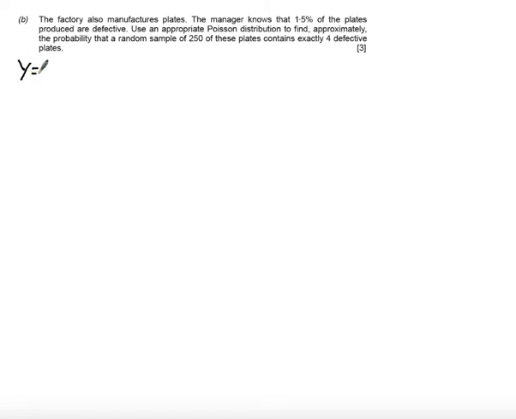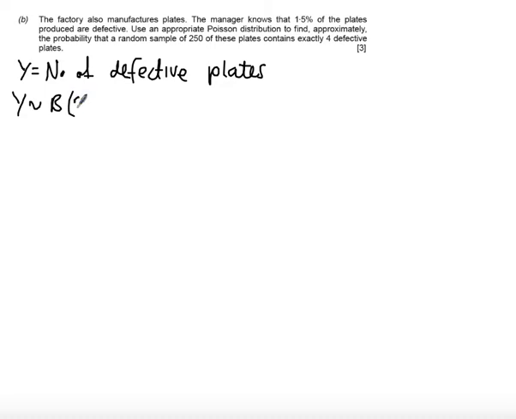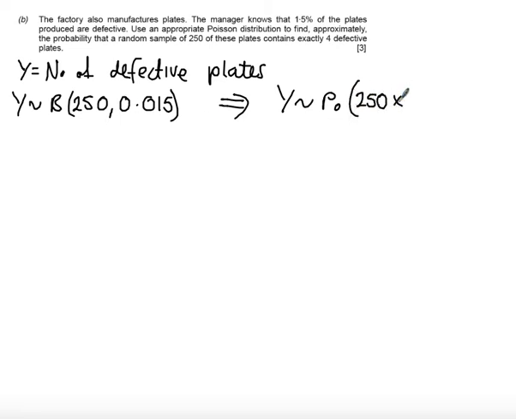Again, start by stating this. Y equals number of defective plates. Now, again, what we want to do is we want to start off just by identifying that y is distributed binomially. This time the number of trials or the sample is 250, and the probability of it being defective is 0.015. Now this can be approximated by the Poisson, so y distributed with Poisson, where the mean is given by 250 times by